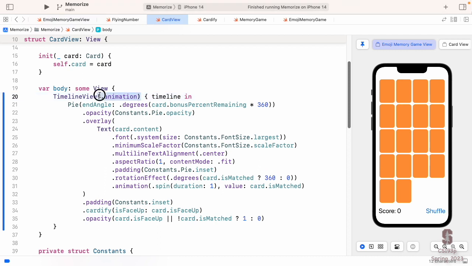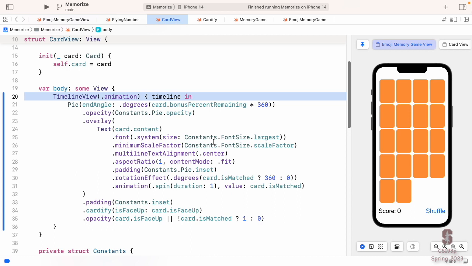A lot of times you're just doing this animation thing and putting your view in there. You wouldn't want this to be really expensive to redraw, which ours isn't. That pie, drawing a shape is like very little CPU usage, but you wouldn't want to build some gigantic, if you have a research project and you're doing some gigantic data processing, you wouldn't want to do that in a tight loop inside a timeline view. You want that data to be quickly available to it.